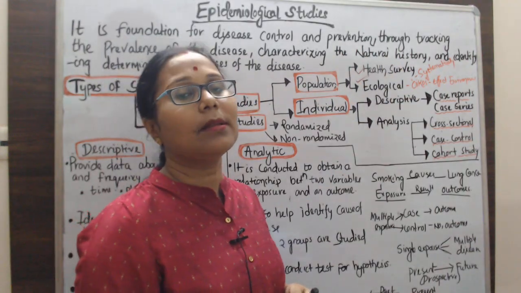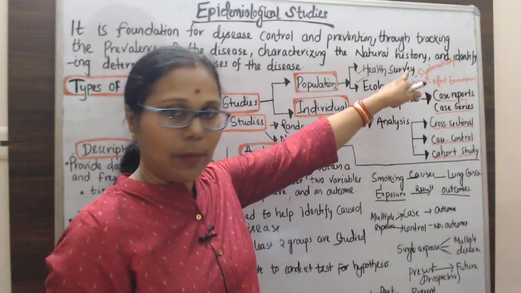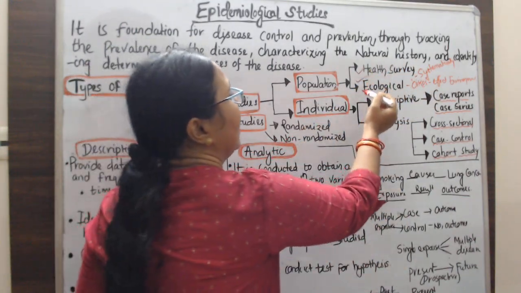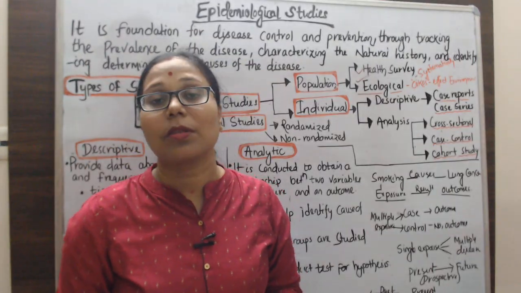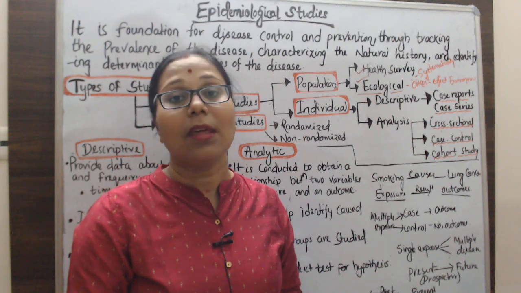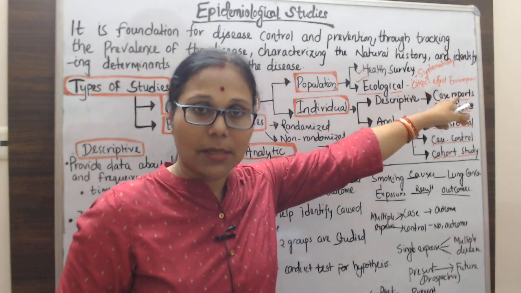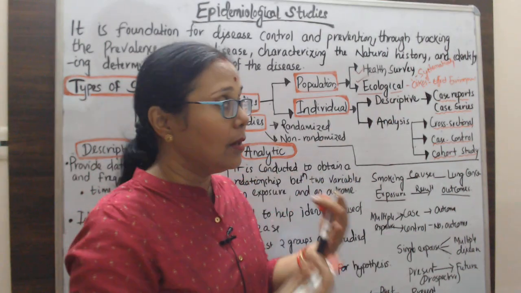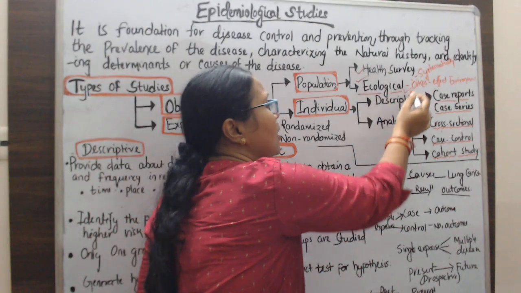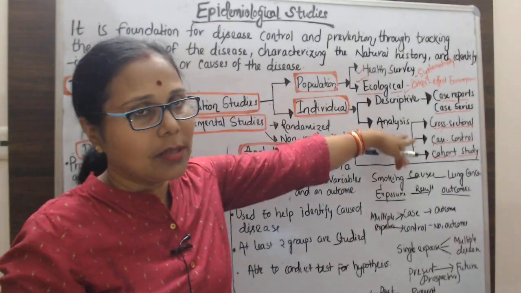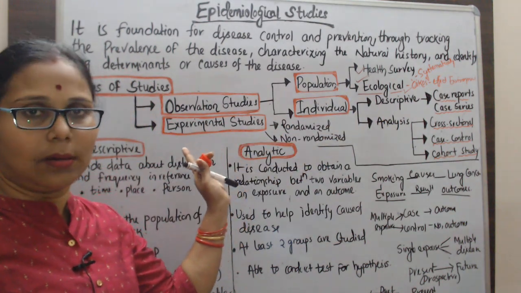Health survey is the systematic collection of data from a particular population. And ecological is derived from the Greek word oikos, which means environment. So what factors present in the environment make a healthy person fall into disease, that is called an ecological study. So for the population, by the two ways, health survey and ecological study, we can get the descriptive study.